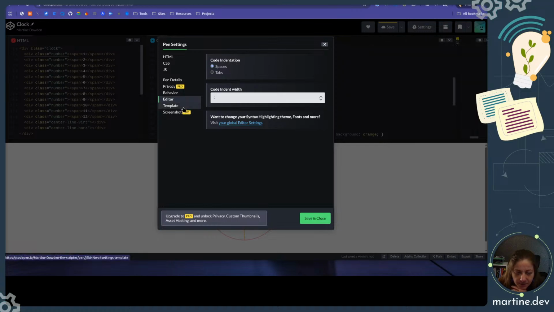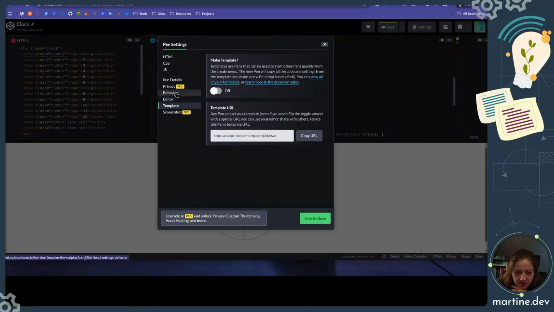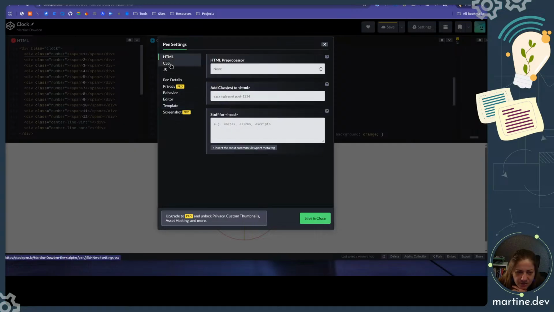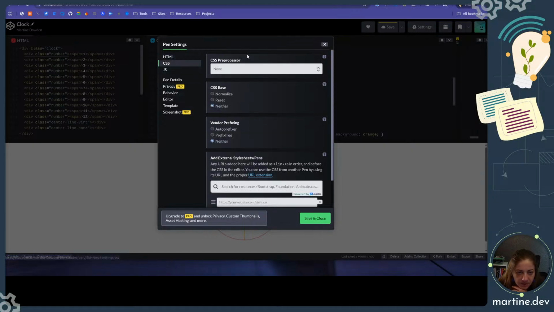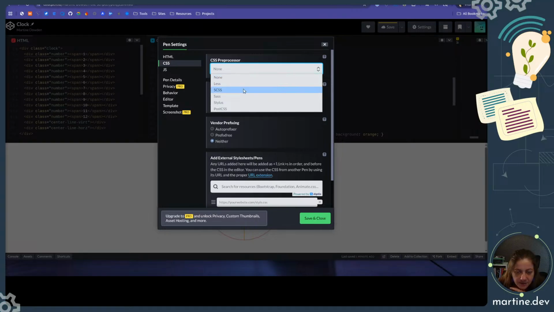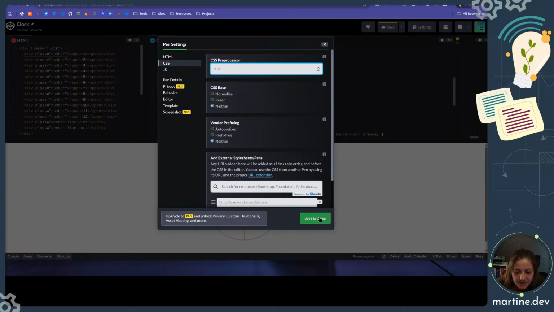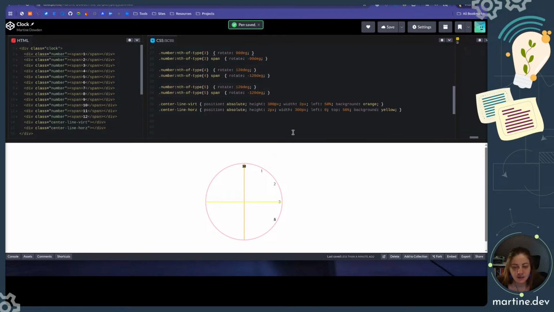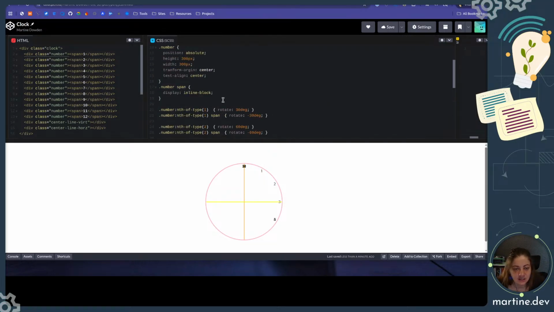Welcome. Template, no. I thought we could do this in this. Can we not? I thought we could. No, that's not what I want. Oh, preprocessor, there it is. I'm staring at it. SCSS, sweet. Save, close. All right, so now that we're in SCSS, let's just go ahead and do a for loop, because